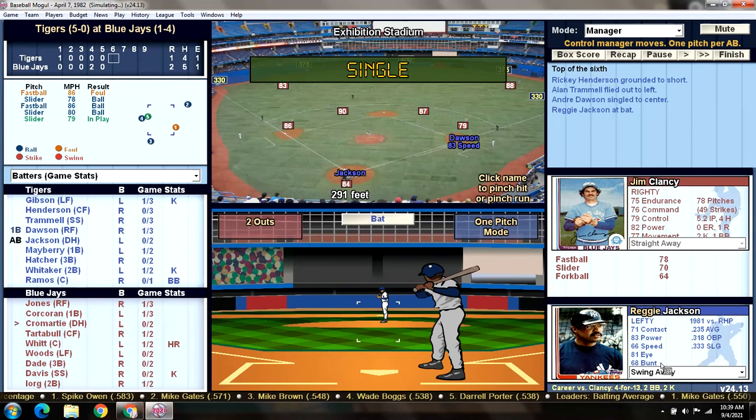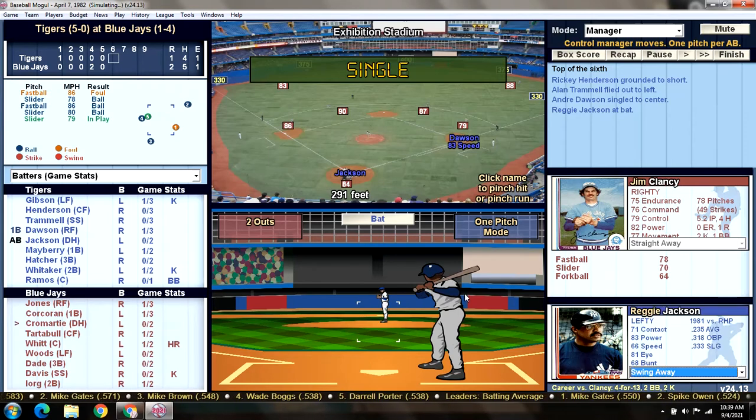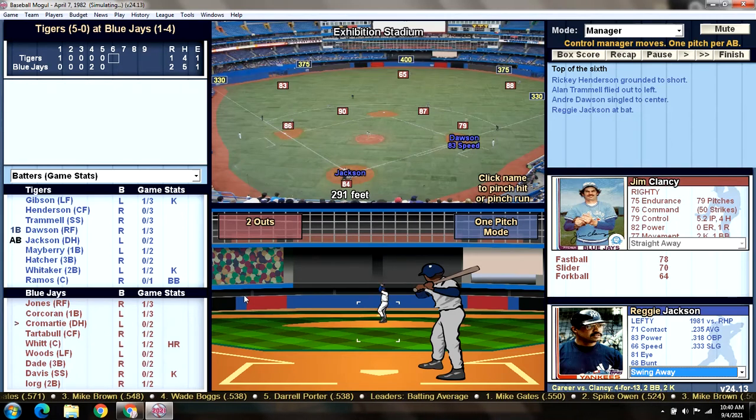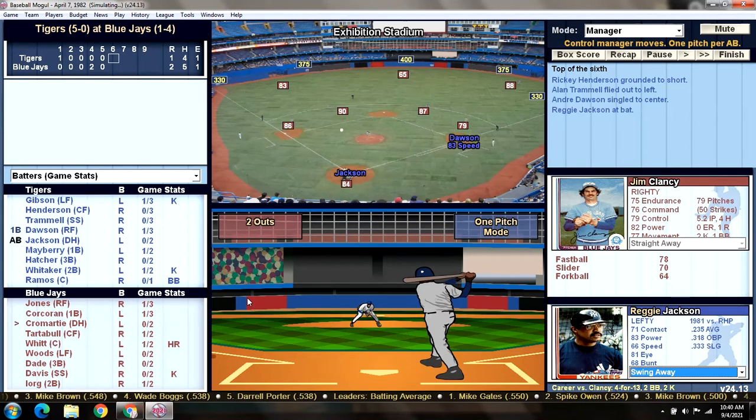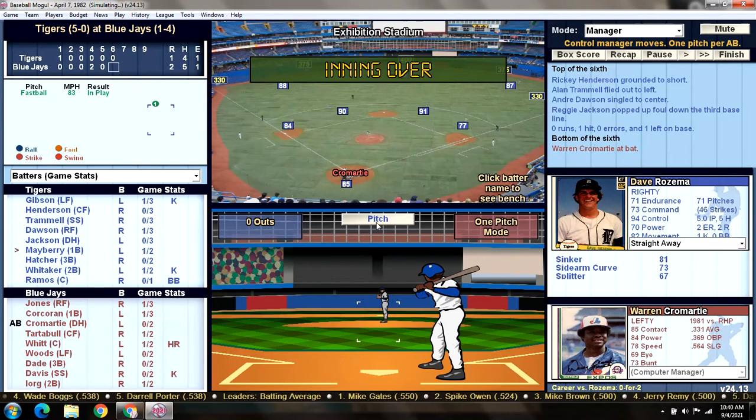Dawson has okay speed. Let's just take a look. 70% chance against Ernie Whitt, but I mean, it's only the 6th inning. Let's give Reggie a chance to swing away. And he pops it up on the infield into foul ground. And that's going to do it for the Tigers. So I think these next 3 innings we're going to have to be a little bit more aggressive on the base paths. As we go to the bottom of the 6th, Rosie at 71 pitches